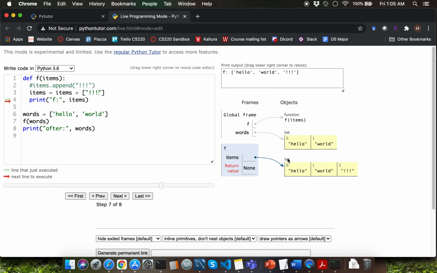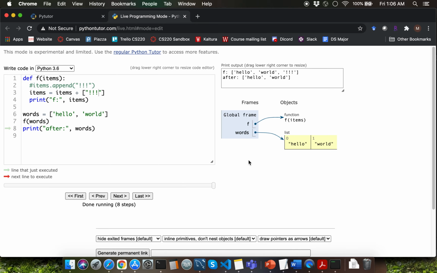So this particular updated version of the list object instance is going to get deleted, and line number 8 is only going to display the values as hello and world within the list. That's because the words variable references the original list object instance which only contains the original 2 string items here.